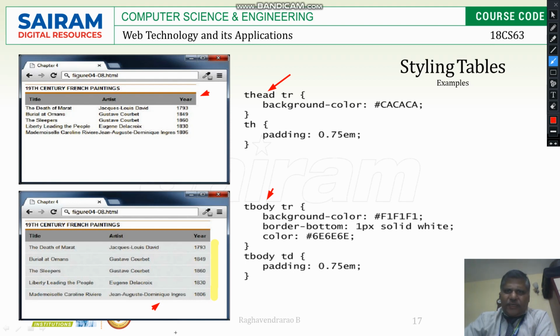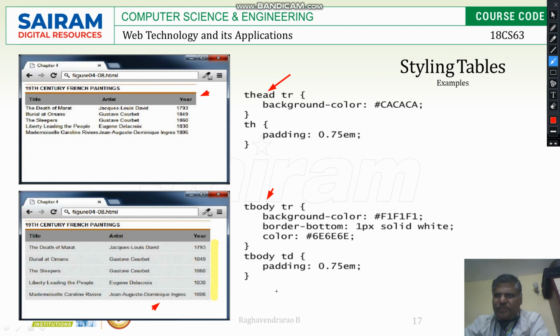For this body the color is this one. You have to see exactly which color it is, because if you write normal color names you can identify it, otherwise it's difficult, and this number you get from the color palette. Then tbody for the tds.